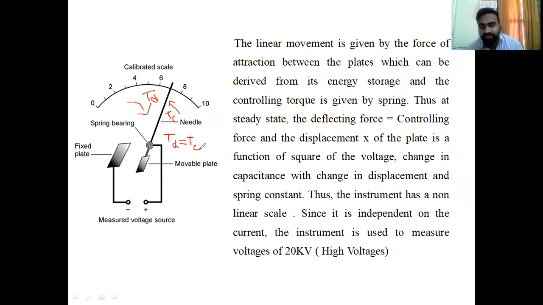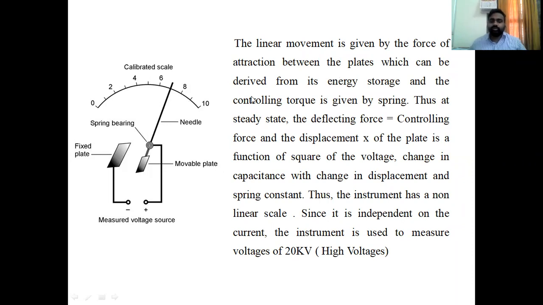So the entire thing is operated with respect to the law of energy conversion. Energy can be neither created nor destroyed. What is the initial source? The initial source is electrical voltage. The electrical voltage given here is induced into a static electrical field. With the help of the static electrical field, what have we done? We have moved the needle from the initial condition to a particular steady state condition.